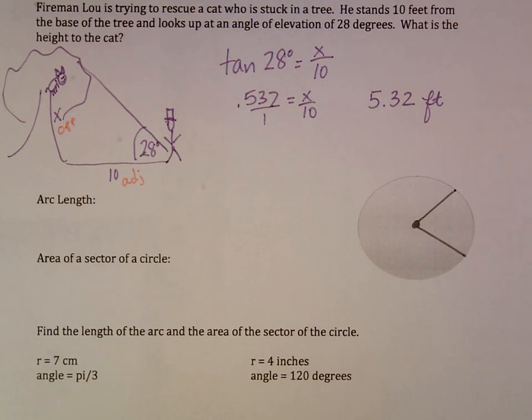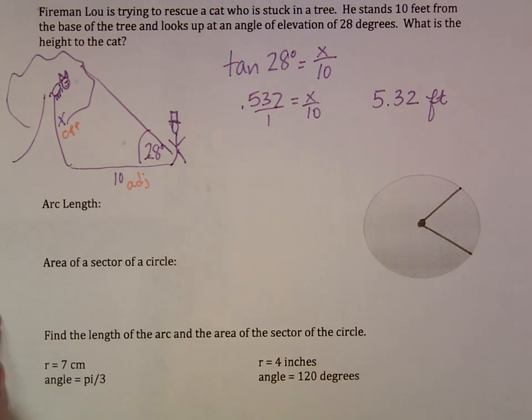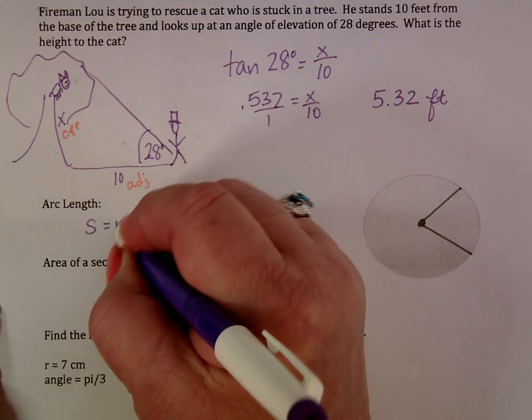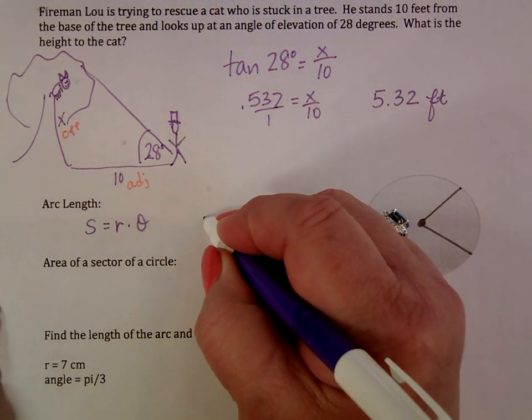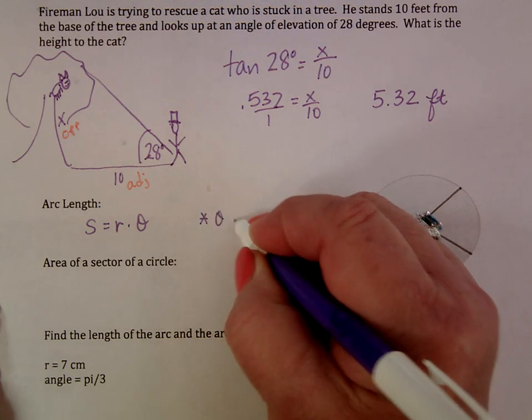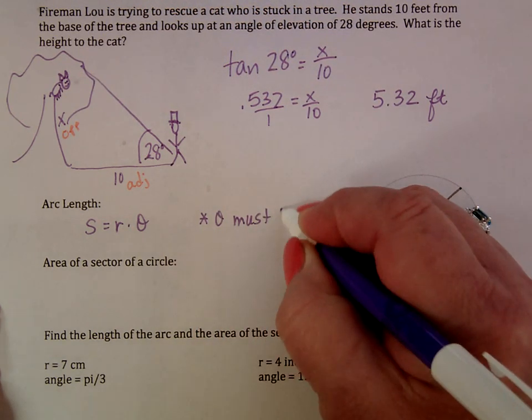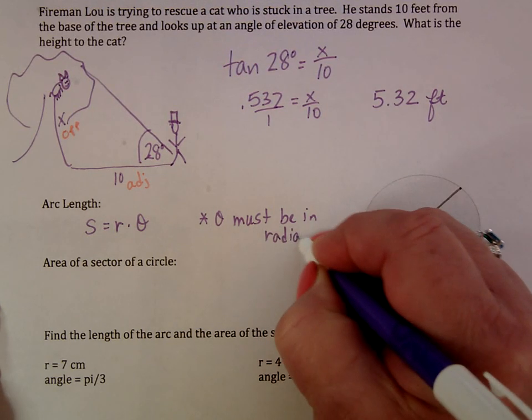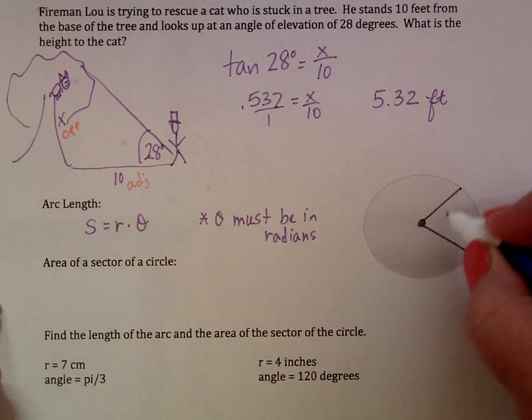All right, the last type of problems that we talked about that are going to be on the review for the quiz are finding arc lengths and finding areas of the sector of a circle. And there were two formulas that you had for this. Arc length is S equals R times theta, but the big deal was that theta must be in radians. All right. So what does that mean? The length from the center of your circle